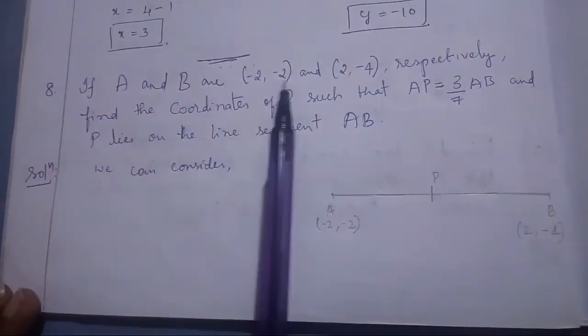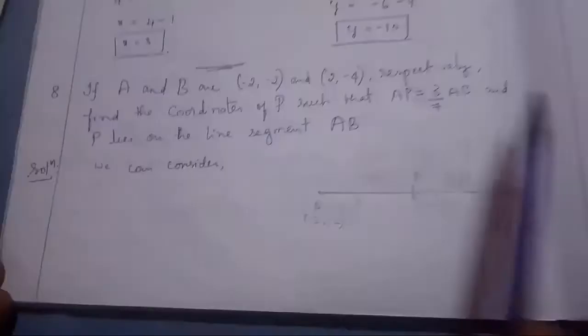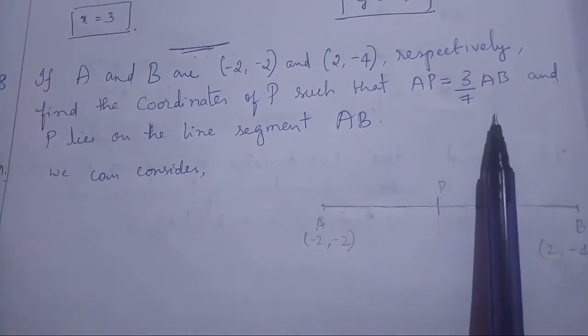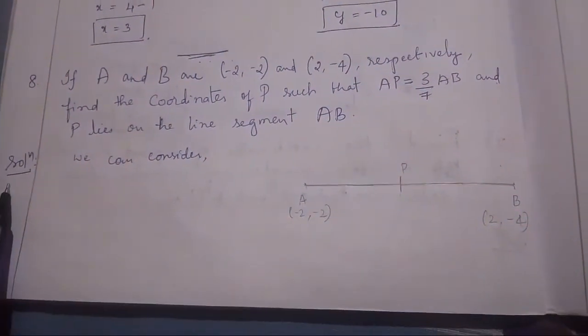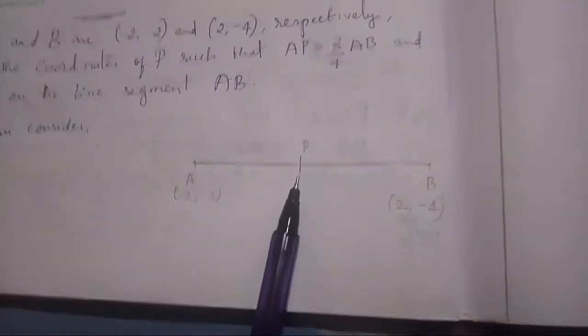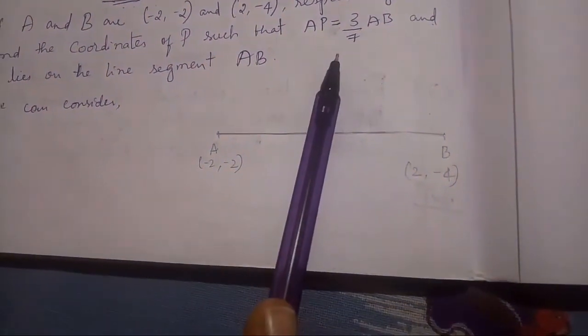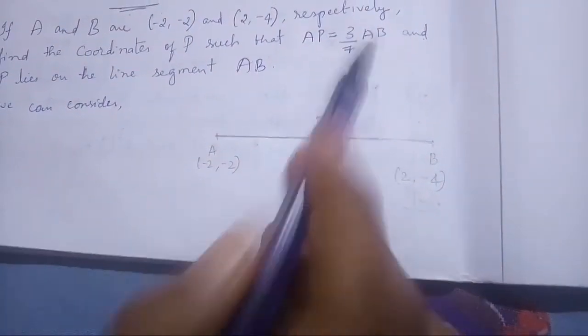Now, eighth problem. If A and B are (-2, -2) and (2, -4) respectively, find the coordinates of P such that AP is equal to 3/7 into AB and P lies on the line segment AB. Solution. We can consider the number line. They had given the coordinates of A and B and we need to find the P. And one more thing they had given, that is AP is equal to 3/7 into AB. Okay, now consider this equation. We can consider this AP is equal to